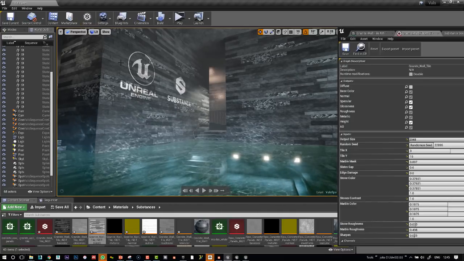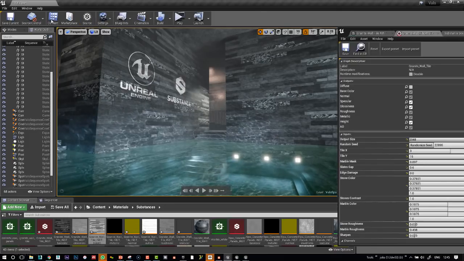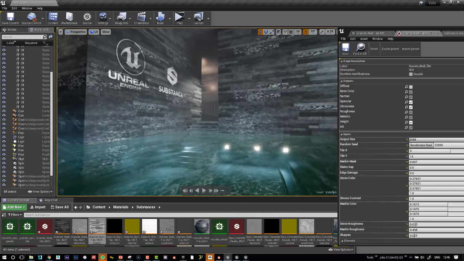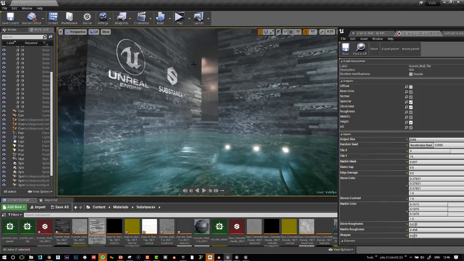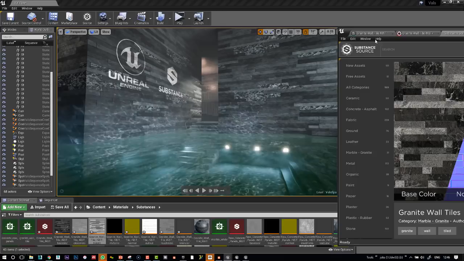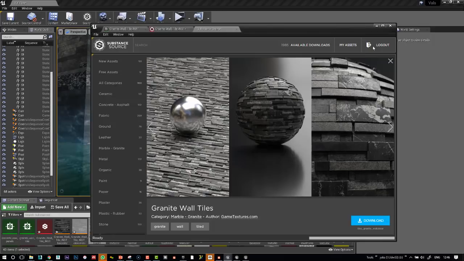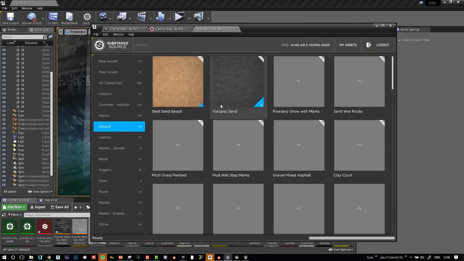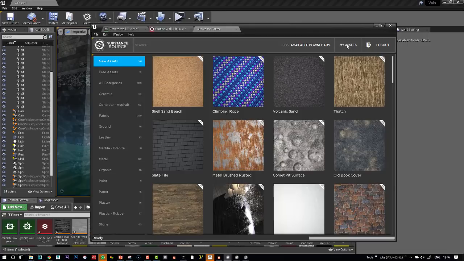We've just got this source button here that's appeared on the interface, because you can download the plugin as of a few days ago. I think it is now available on the marketplace for free. What this does is when you click it, it opens up the Substance Source database, where you've got to be logged in. I'm not quite sure if you get free textures in there, but once you're logged in, you've got access to all these